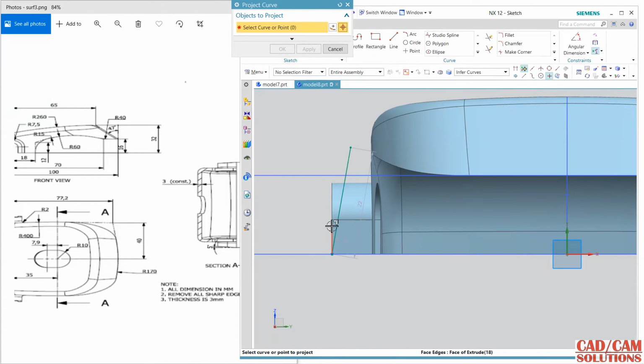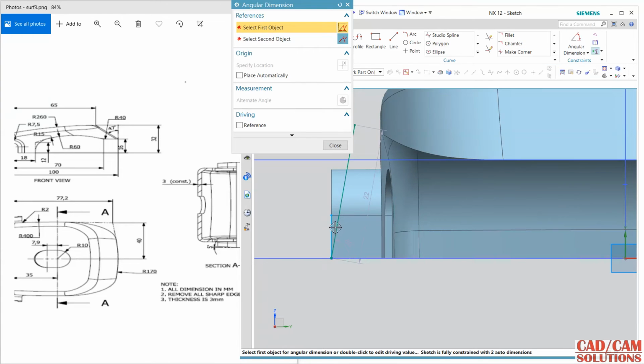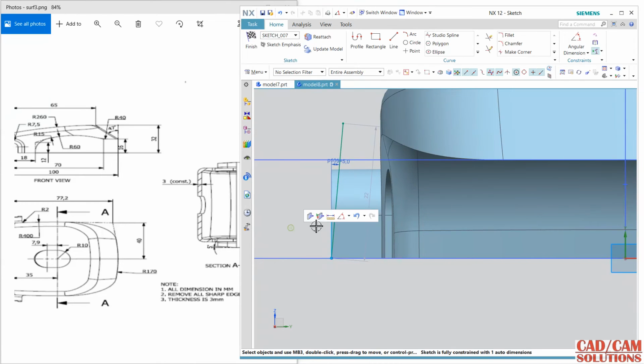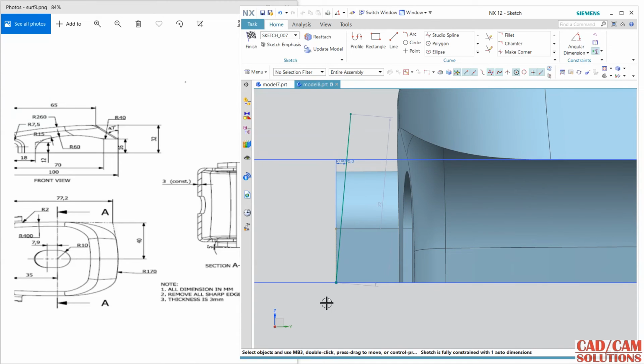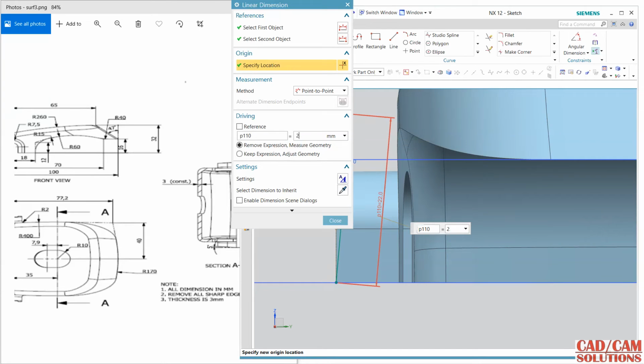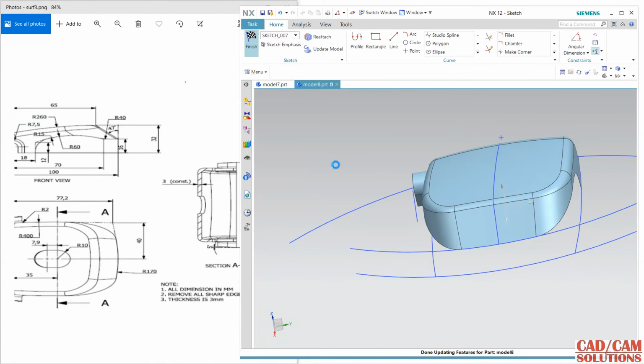So project this line, that is enough. Okay, angle between this and this is 5-degree. Close, and make sure this line as a reference, and change this to 20. Finish it,